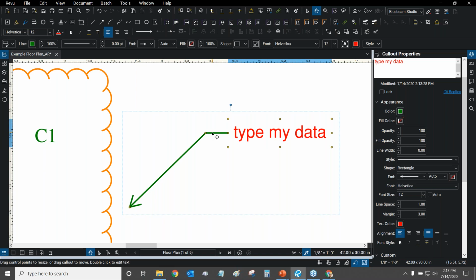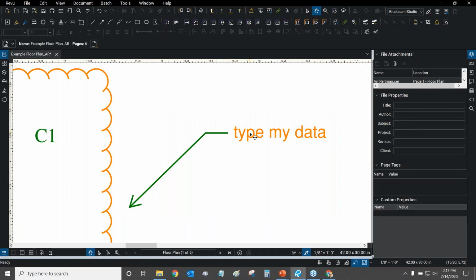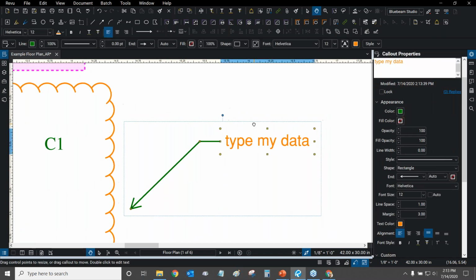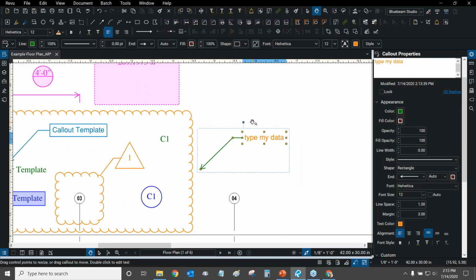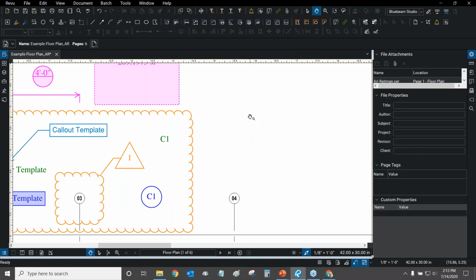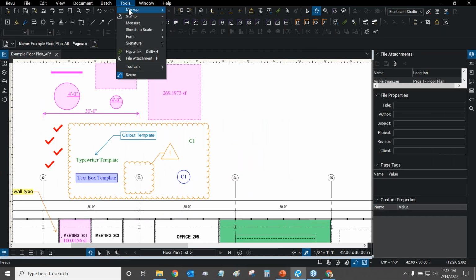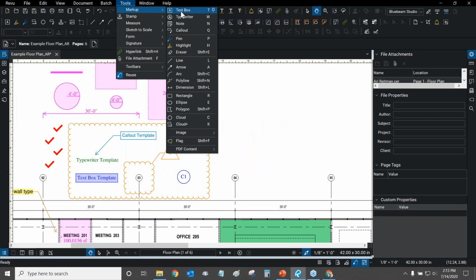The color always has to do with either a border or an object, and the text color, of course, is for the text. So now I can change my text independently from the arrow itself. And yeah, callouts can be quite powerful. What's really nice is when you combine a callout with a cloud, and we're going to get into that one pretty soon. So let's go back to our tools and markup.